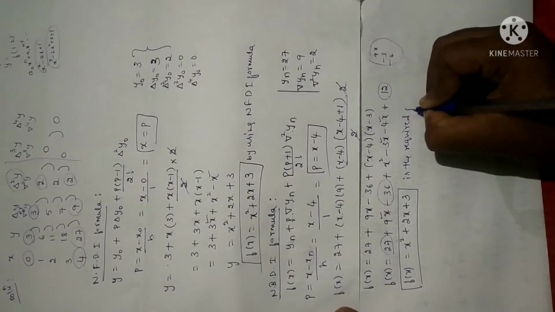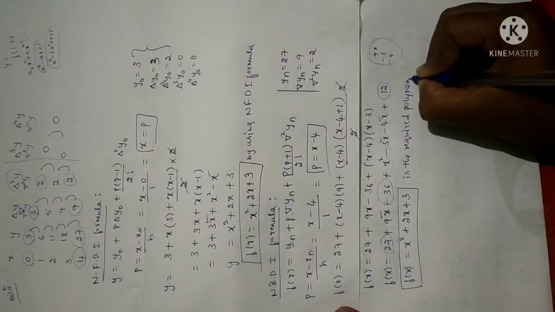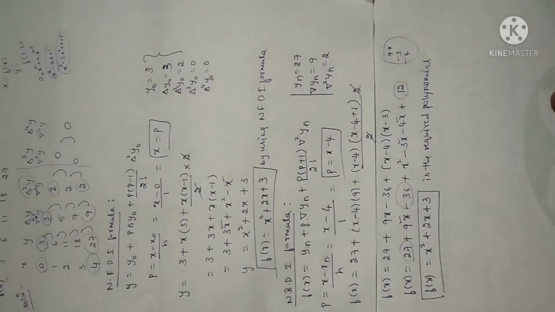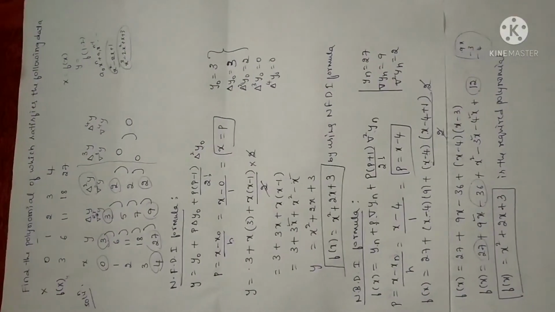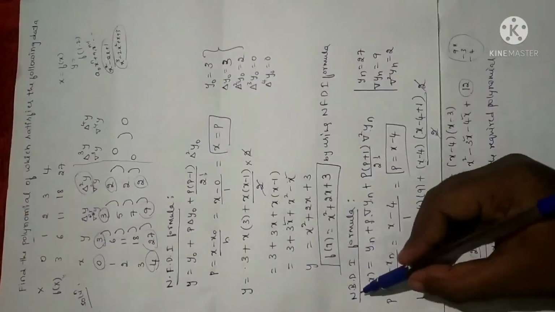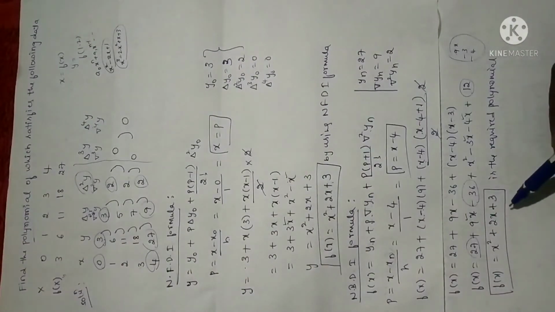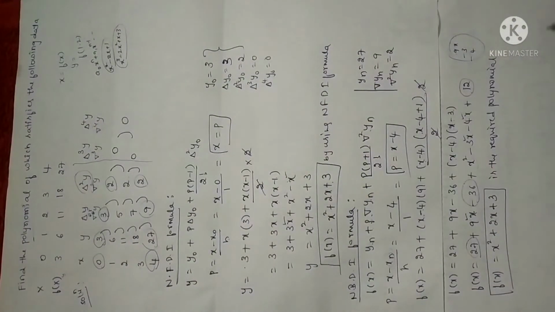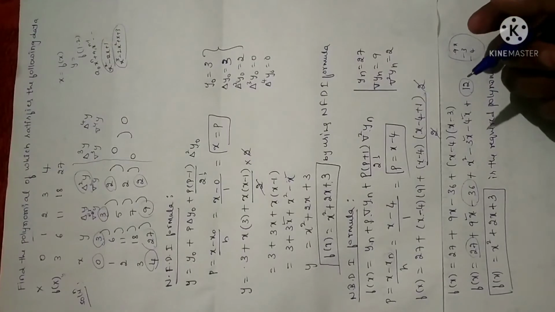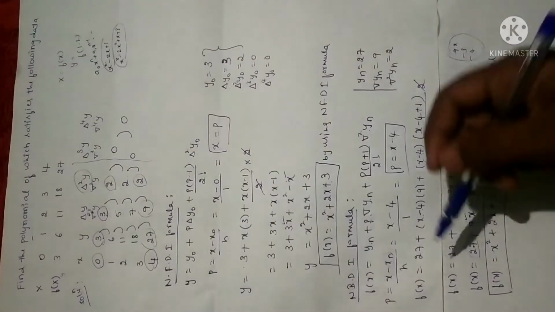The required polynomial is of degree 2. So this is a quadratic polynomial. Hence the solution. Fine. So I have done it in both Newton forward difference interpolation and Newton backward difference interpolation. So in both the cases, the solution will be the same. If the method is particularly mentioned, you should go through the same method. If the method is not mentioned, either you can go through Lagrange interpolation or you can go through any one of these two methods. Clear?